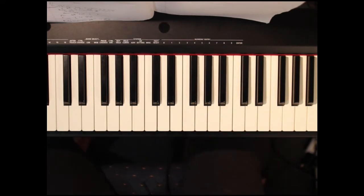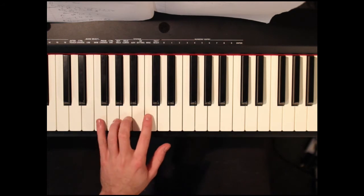So from there we go into verse 3 and into a pre-chorus. Now they're played exactly the same as the first and second verses and pre-choruses, into a chorus which is also the same as the first one that we went through. From that chorus we go into the instrumental to the bridge. Now the instrumental chords are F, A minor, G and D minor, and so the way we play those is